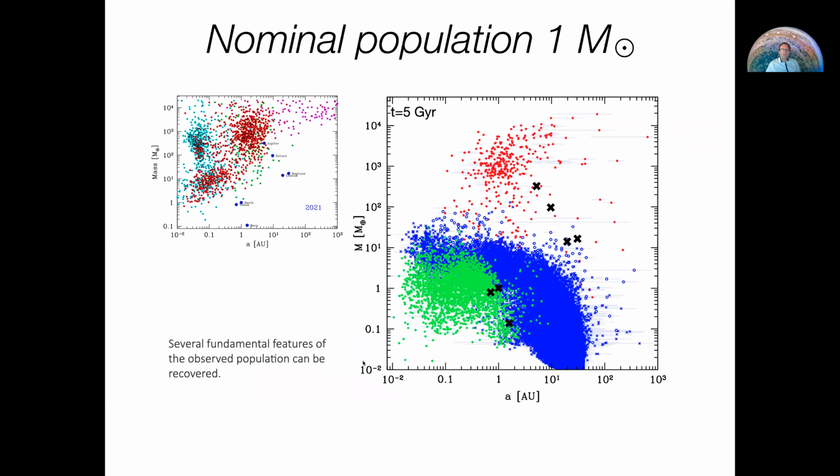And what we see is that, even without going into the details, I would argue that some fundamental features of the observed population can be recovered. For example, there is a large population of close-in low-mass planets, which in the synthetic population is actually an overlay of two separate cases. So these were these dry class 1 systems and these migrated class 2 systems,